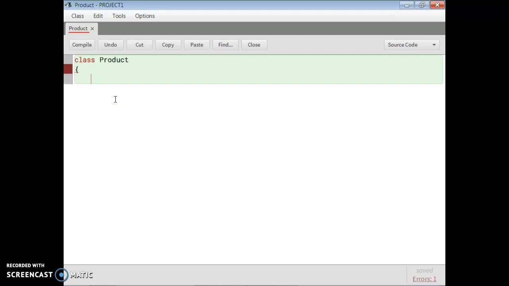Then write down public static void main. Bracket open, bracket close. Then come to the next line. Again one bracket. Inside this bracket, you have to write your whole program. Then if I ask you please add or multiply two numbers, then you tell me, ma'am, please give me two numbers. What are the two numbers? You tell me. So first we have to declare or take two numbers.